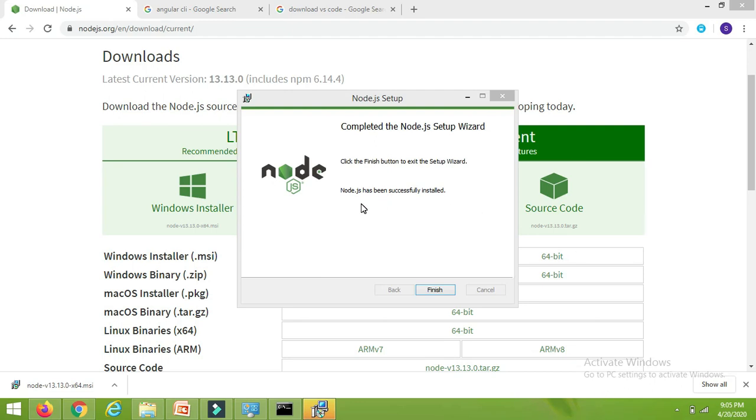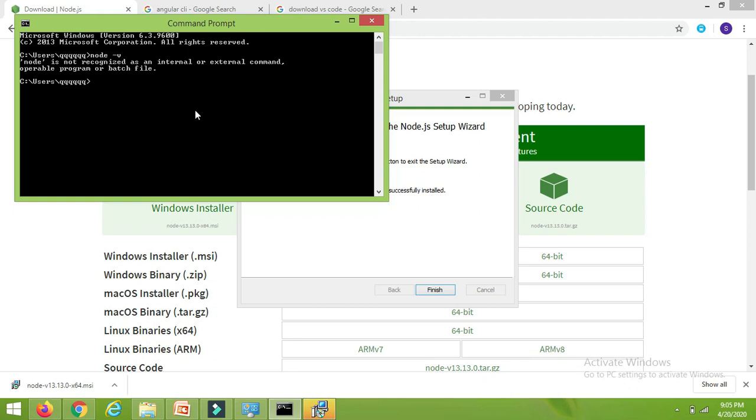So we have successfully installed Node.js. Now let's check the version, and whether it is installed successfully or not, by using the command prompt. So open the command prompt and enter the command node -v. You will get the same issue again, node is not recognized, but we have installed it.